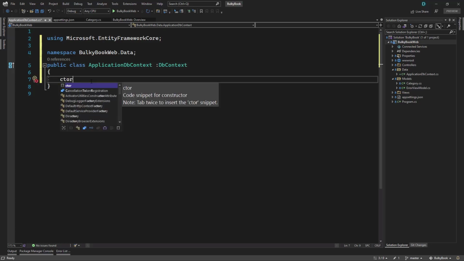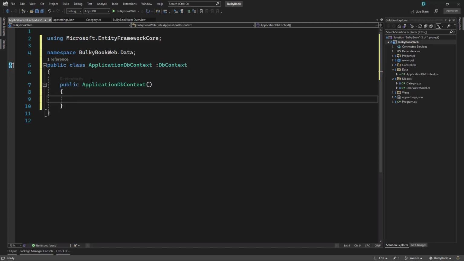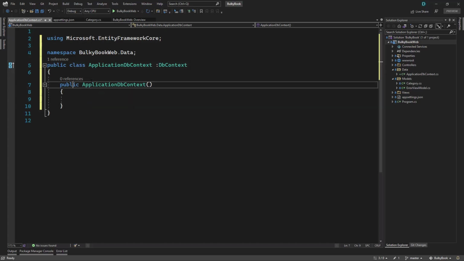So first we need to create a constructor. You can type CTOR and press tab twice. You can see it is a code snippet for constructor. So once you press tab twice, it should automatically create the constructor. We just have to write some parameters here because when we get the DbContext, we need to pass that on to the base class